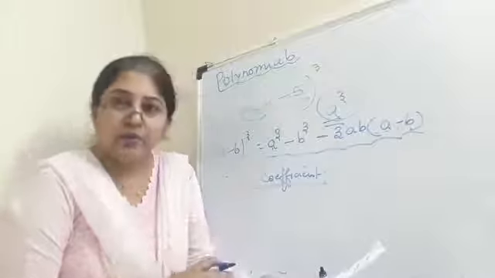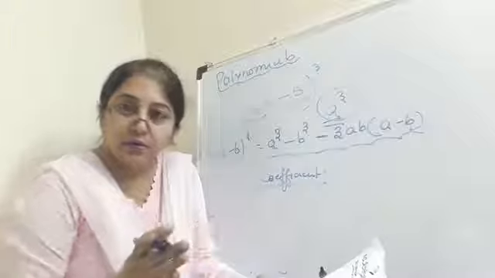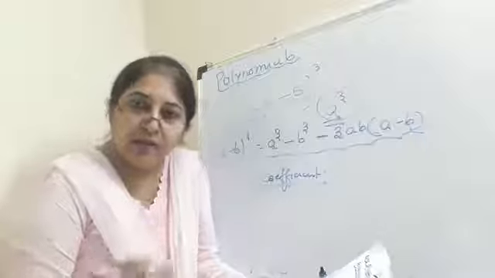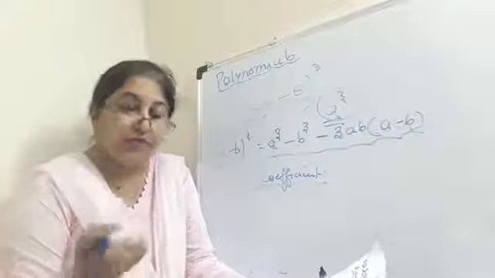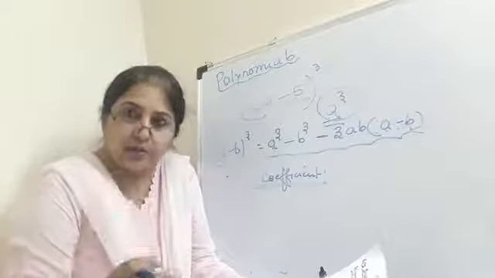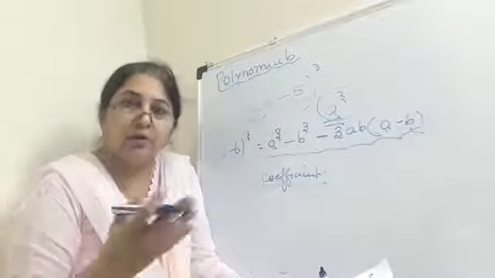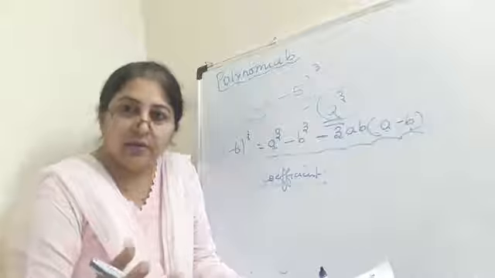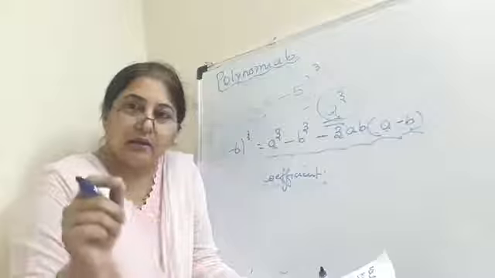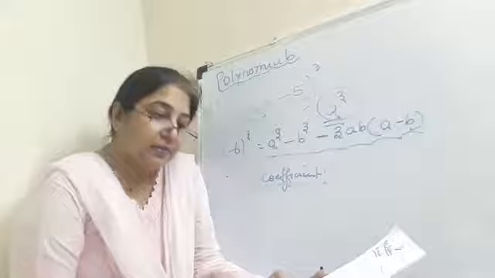In the next question, question 4 says, find the degree of the polynomial. Again, the polynomial is given to you. You will write the given polynomial and write the degree. What is degree? Degree is the highest power of the given variable. And I also told you that in this chapter, polynomials, we will only stress the polynomials with one variable. Okay, there are polynomials with 2 variables or 3 variables, but in this class we are going to deal with polynomials with only one variable.